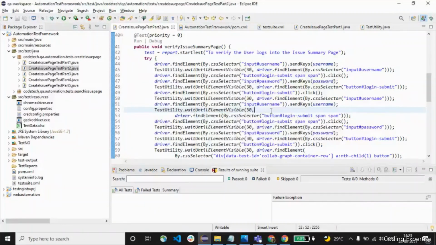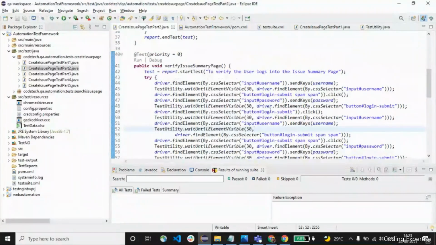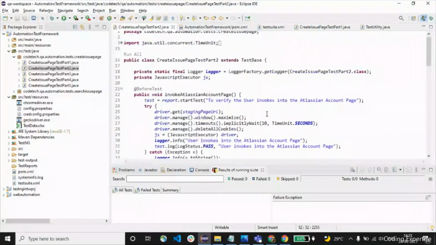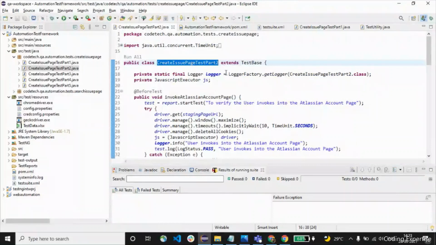Before we jump into the execution, we'll talk more about other components as well. So this is the test class, right? And which extends the properties of the test base class. So this create issue page test part 2 is, you could say, a child class or subclass which extends the properties of a base class. This is test base, a base class, or you can call it a parent class.